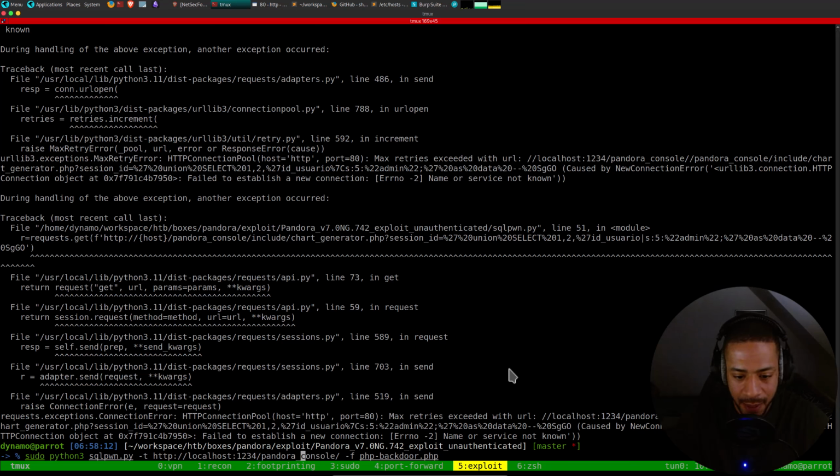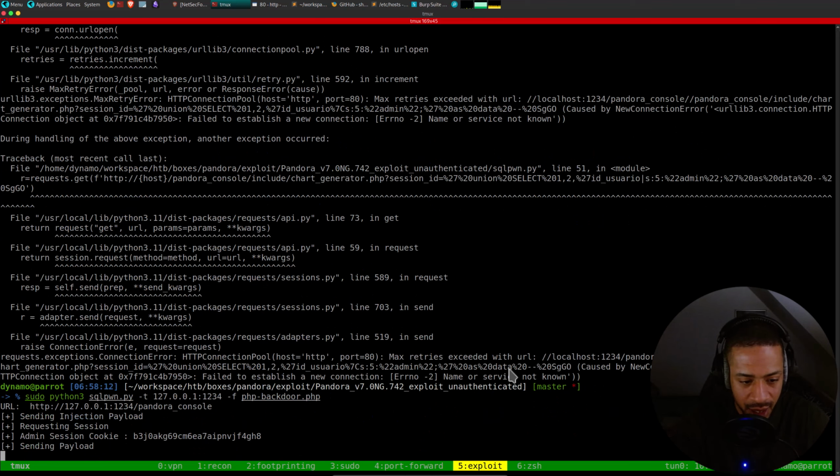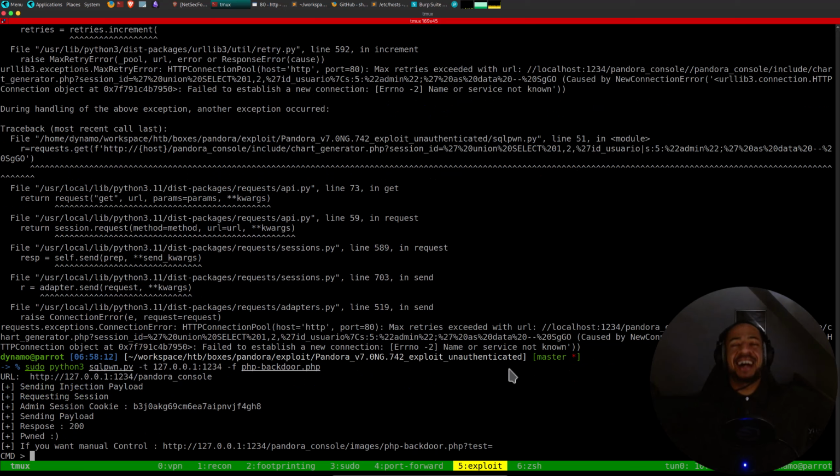Okay. So it just wants me to do, let me not write localhost, but 127.0.0.1, like this. That worked. Okay. It just didn't like my URL.